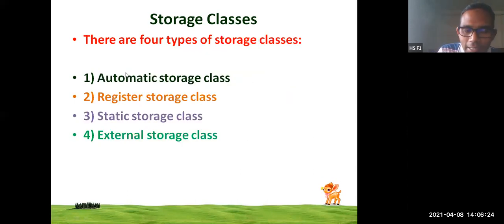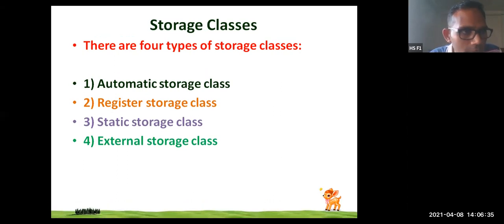Now for all these types, we are having different types. Now let us see, just a second. Let me load that image for you. Just a second.